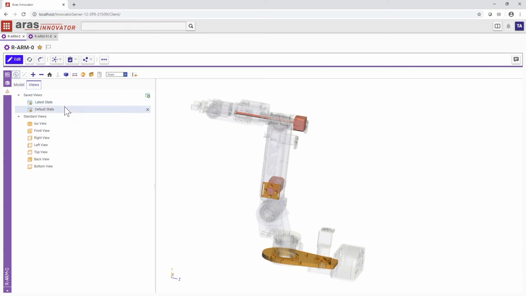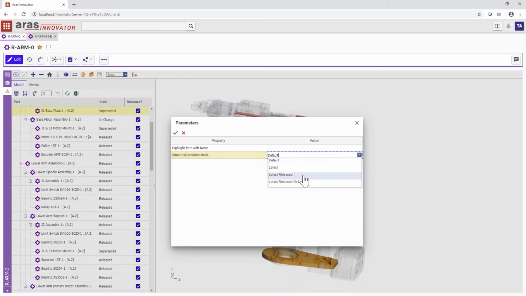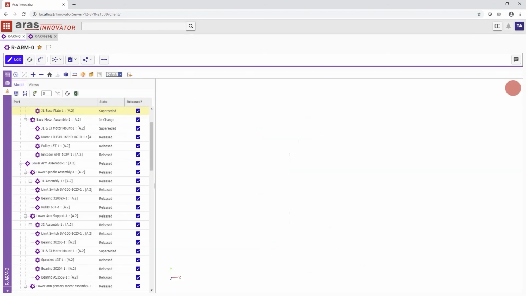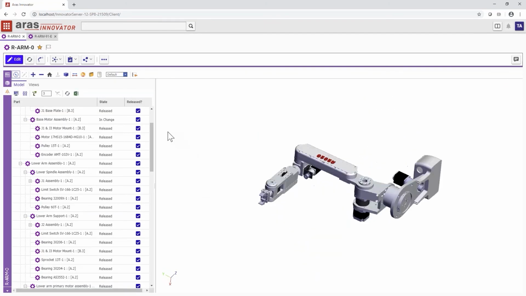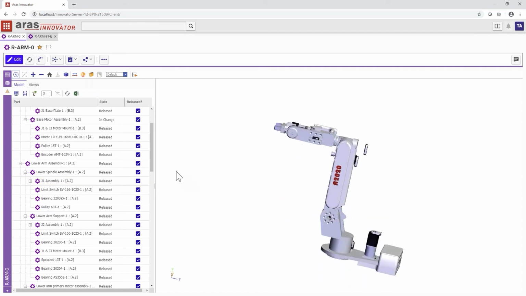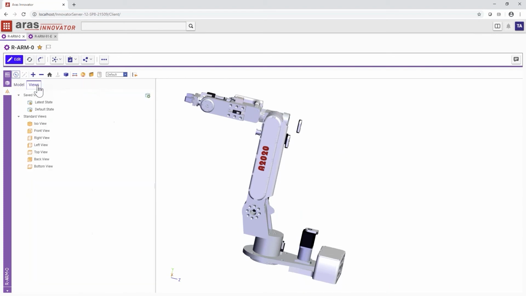In this case, I went ahead and created saved views showing the latest and default state using this same view mode. So for example, if I go back here and select latest released, and orient my view so that it's similar to the other ones I saved, I can go into the Views